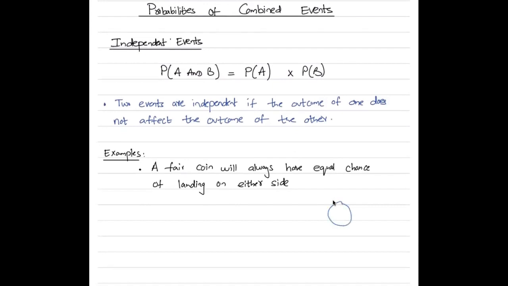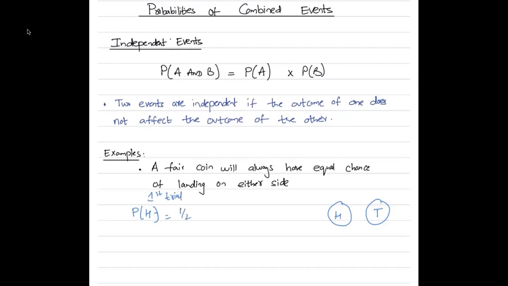Okay, that's your coin. Either you can get a head or a tail. And it's a fair coin, so it has equal chances of landing either on the head side or a tail side, no matter how many times you flip it. So if you flip it once and you get a head, the probability of head on the first trial